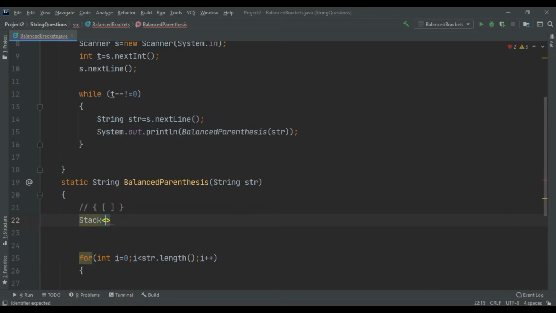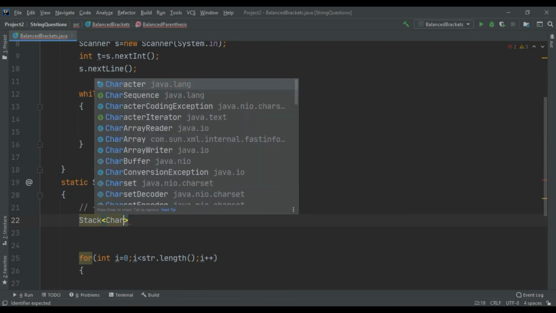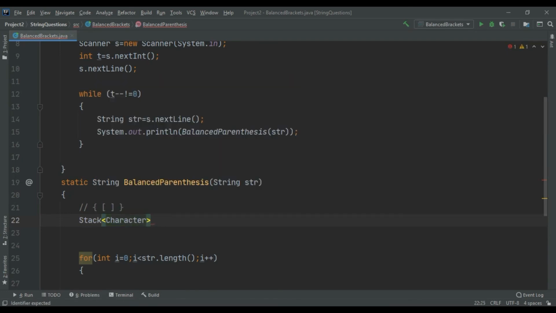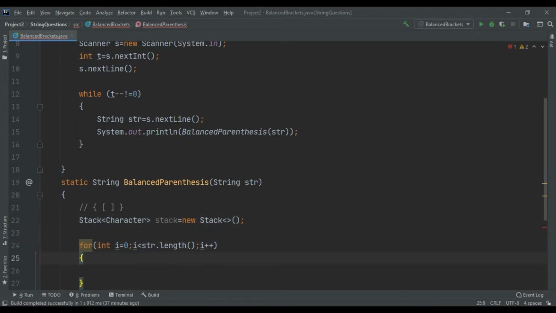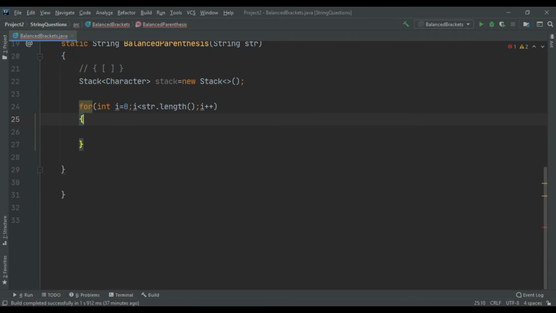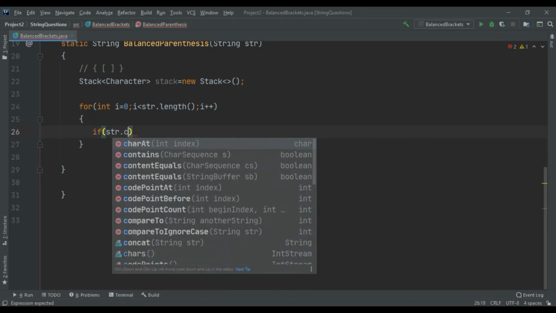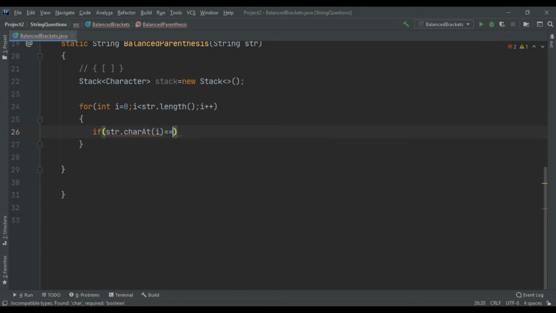Stack of what? Not string, stack of characters, because we are taking individual brackets. Okay, so now see, if str dot character at I is our opening brace, any one of the three opening braces,